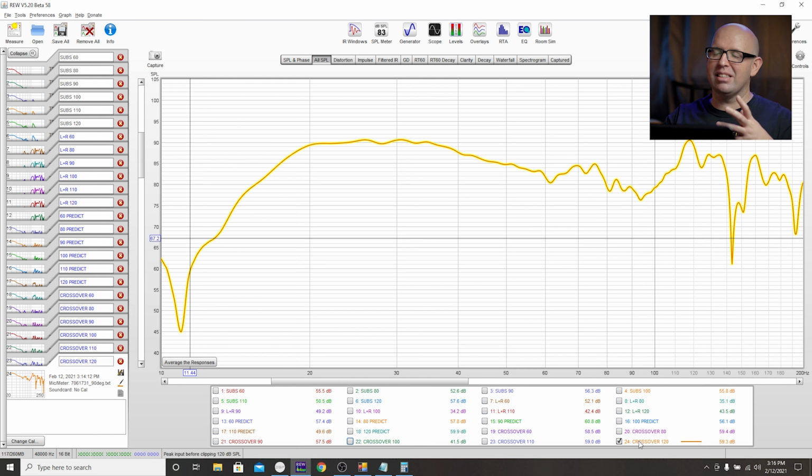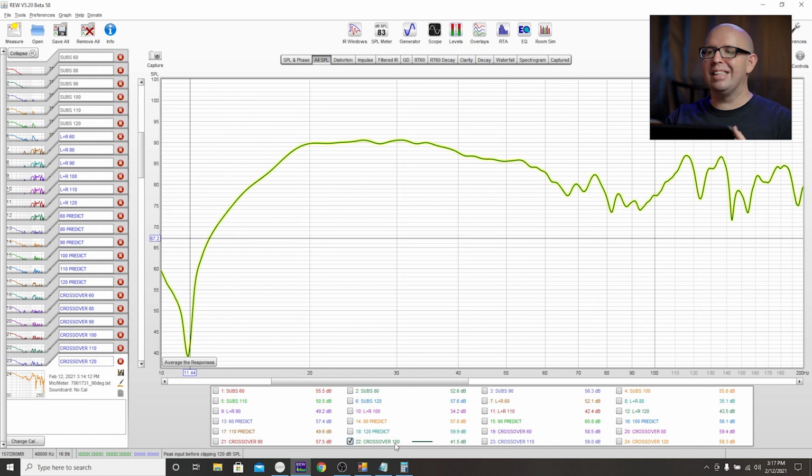Kind of see this is a little too much. I'd probably stick with 110 if I'm being completely honest, although 100 doesn't look too bad either. But for my speakers in my room, I think the crossover 100 is the one that I'm gonna settle on. So what I'm basically gonna do, because I've already done the 120, is I'm gonna go into the receiver, change